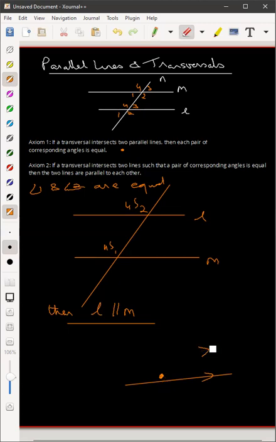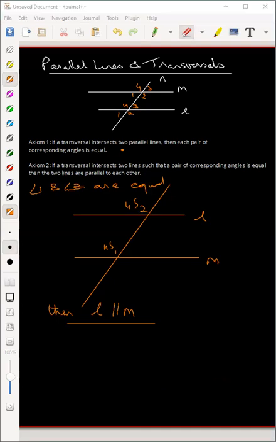Please copy this down. If anyone has any doubts, please ask me. These are very important parts used throughout maths, especially in all these kinds of figures and geometry cases. Whenever you're asked to prove something, all these will come. Whenever you're asked to prove that two lines are parallel, one of these theorems will come into play.